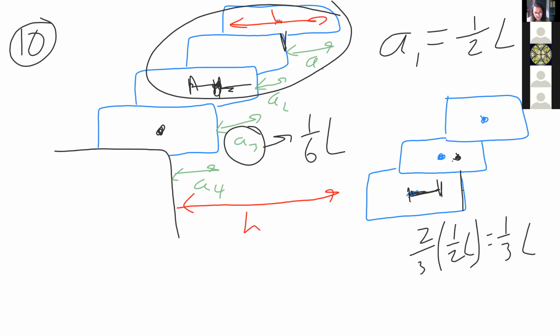Was this the second one? Let's see, the first one is a half L. The second one was a quarter L. Yeah, A2 is a quarter. You have to split the difference between a half and the center. The third one is a sixth, and then the fourth one is